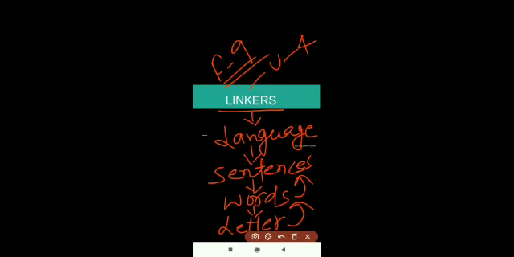So when more than one letter is combined, it forms words, and when more than one word is combined, then it forms a sentence. But here not only combining more than one word is required. When more than one word is combined, and if they give a meaning, then it will be called a sentence. It means sentences are always meaningful. Sentences consist of many words, and all these words give a meaning. When sentences are combined, they make a language.